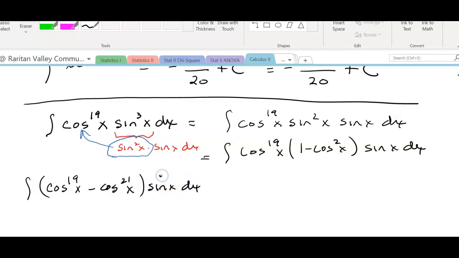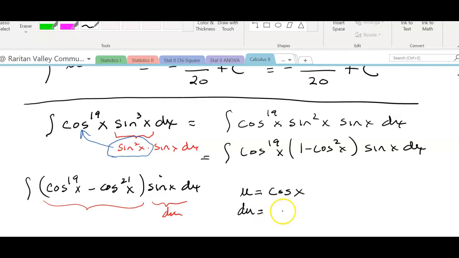And you're thinking, well, why would that work? Oh, all I need is to identify in one of the products a u, and then have a du over here. In other words, if I can now let u equal cosine x,